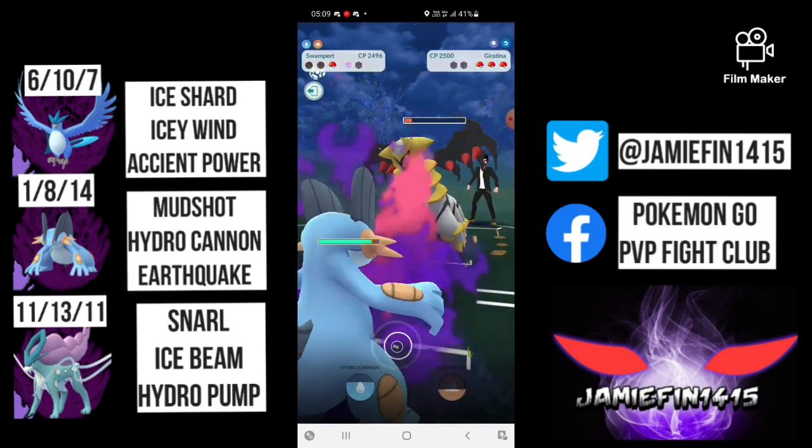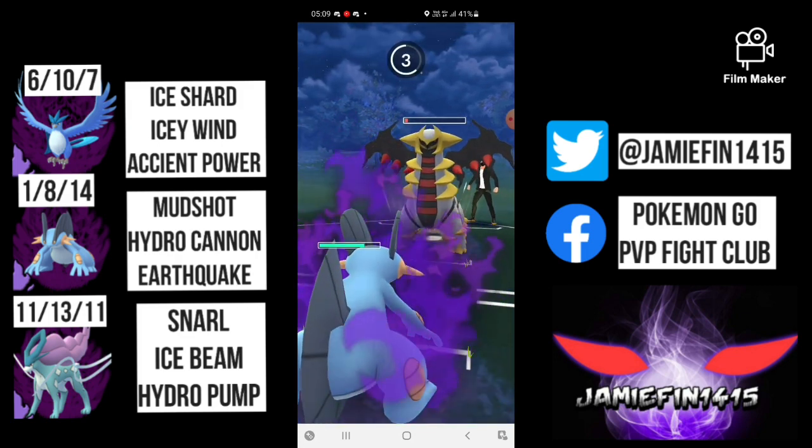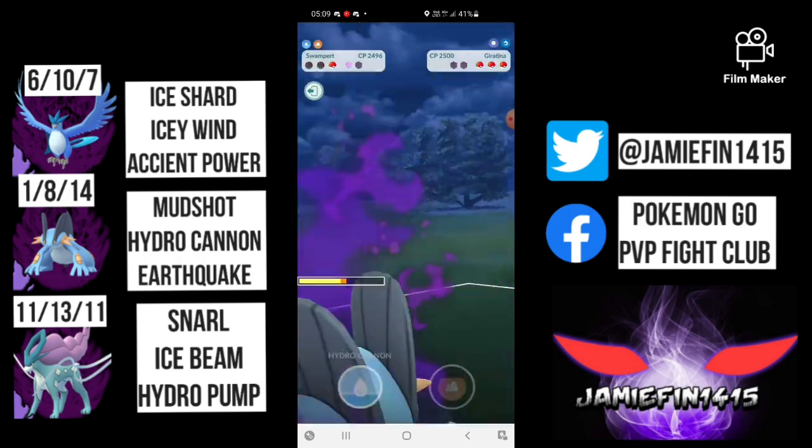I'm going to bring in Swampert. I'm going to completely Mud Shot it down. I'm going to save my shield. This is just a Dragon Claw. It's not too threatening. So Swampert, loaded full of energy, I'm hoping is going to be able to clean up